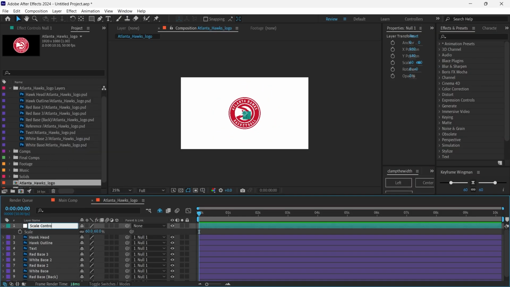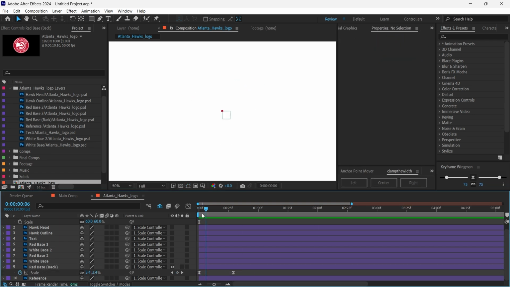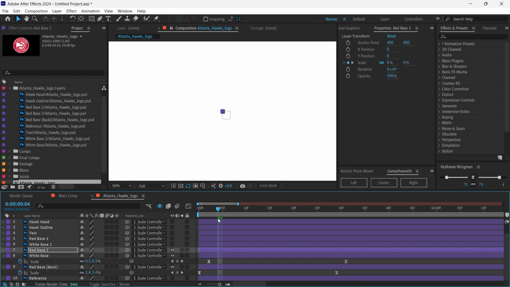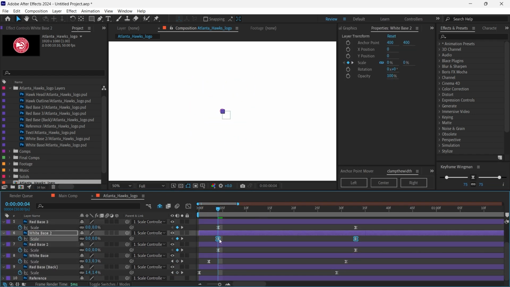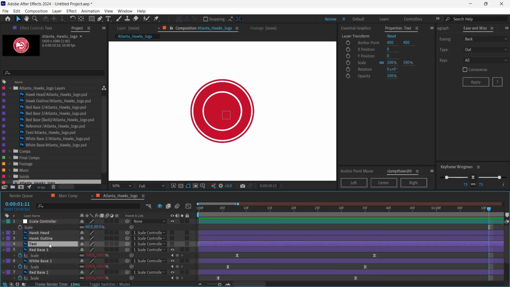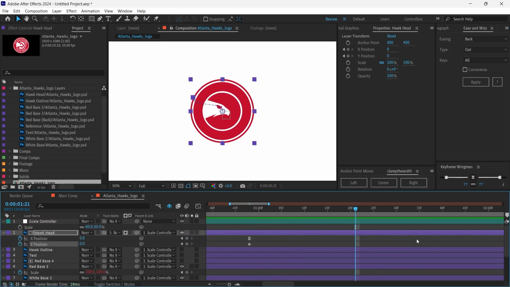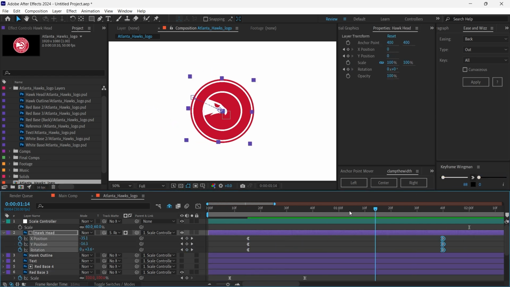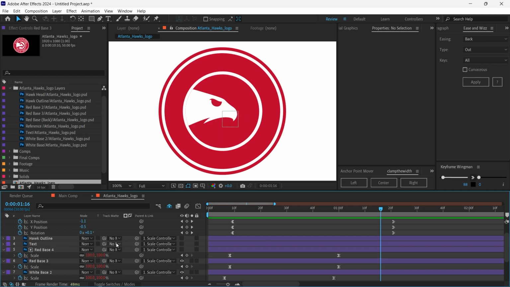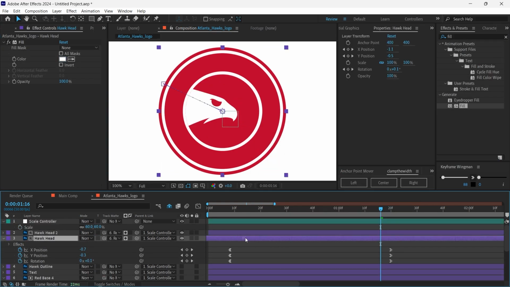Now that we have everything on its own layer, it's time to start animating inside of After Effects. The first thing I focus on is what I call the base layers, which in this case is the red and white circles of the crest. We're going to scale these up from 0 to 100% over 25 frames, then add a keyframe velocity of about 75% for both in and out, then utilize a script such as the Ease and Wizz script to add a